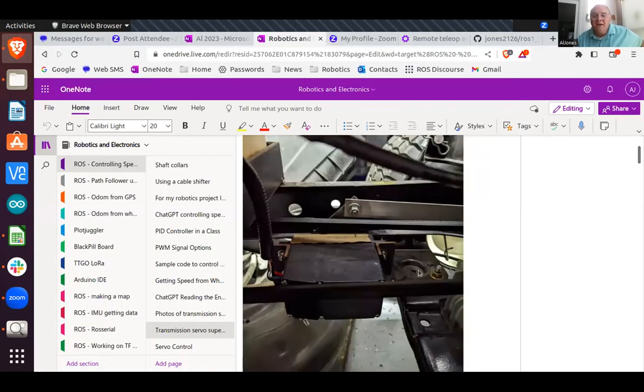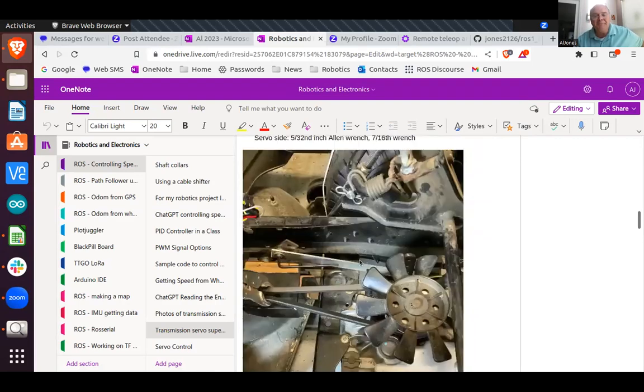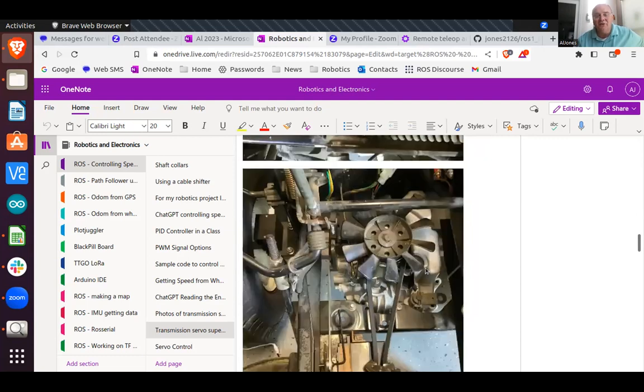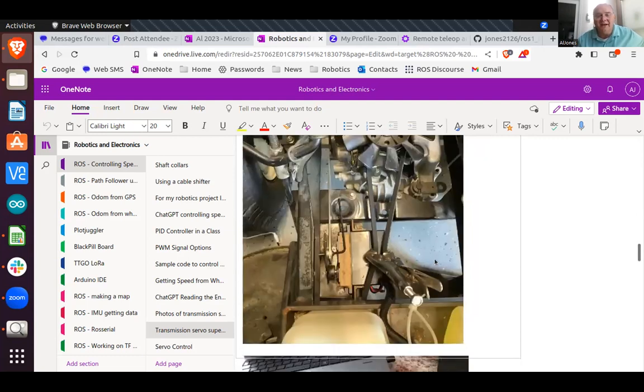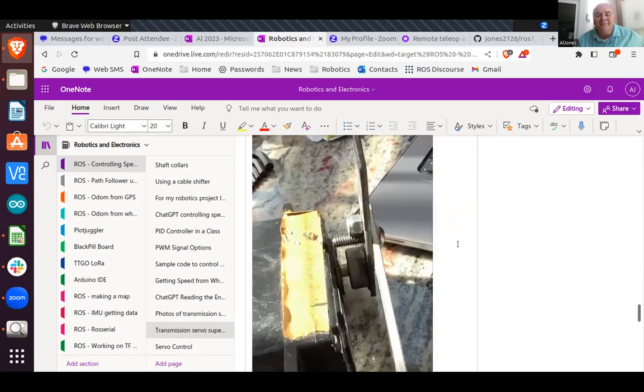So my status is remove this, drill the new hole, put it back on, and this control rod that is 23 centimeters long now needs to be 29 centimeters long, and I gotta go get that and put it on.